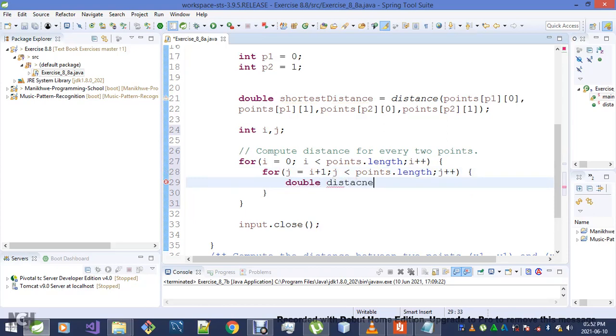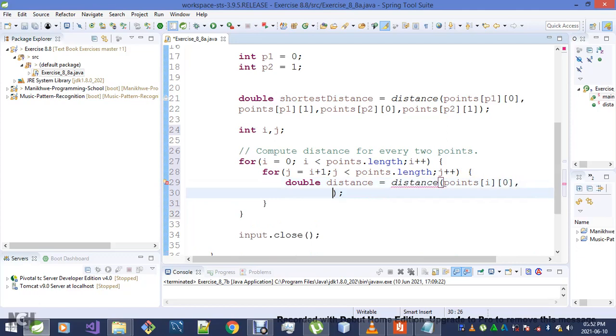I know you probably have a better one. So points at i 0, points at i 1, points at j